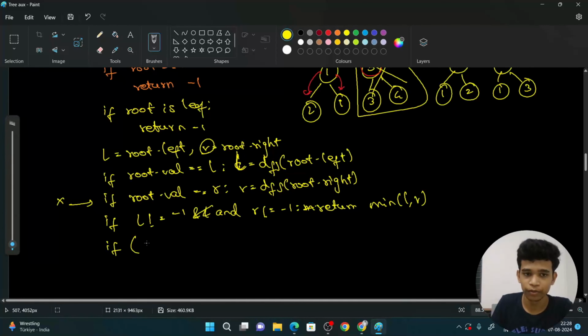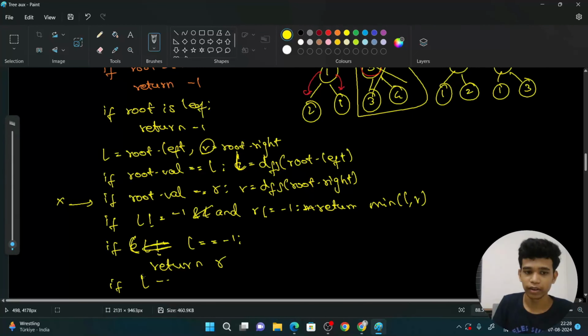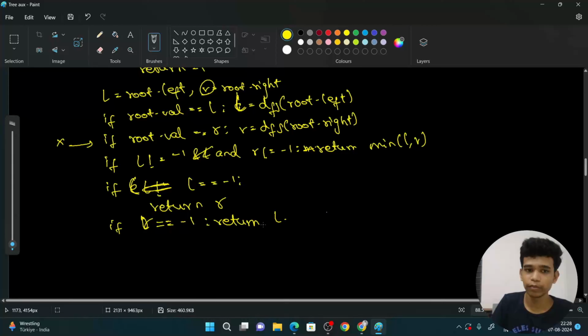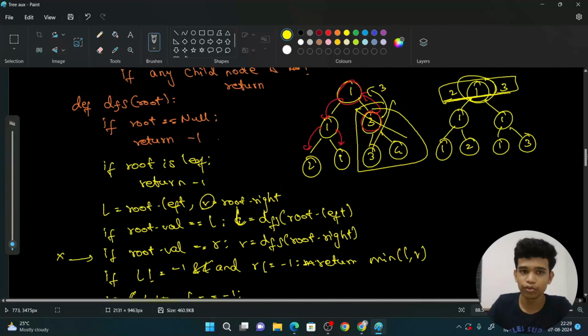If L is equal to -1, my left is equal to -1, then what should I return? I should return the right. If my R is equal to -1, then what should I return? I should return L. Okay. If both of them are -1, then I should return any one of them. So it will be -1. So I can say this is the whole code for this